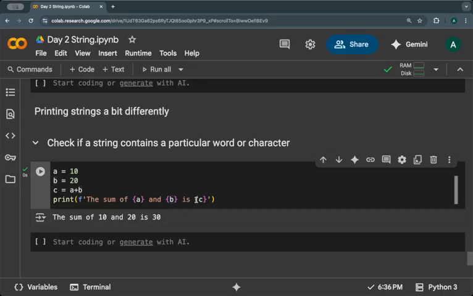So whenever you want textual data along with your variable in your print statement, try to use this F string, right? And the variables which you want to add in your print statement should be in curly braces, like that, right? So yes, this is all about your F string, and that's all about strings as well. So we have completed this day 2 related to string, and the next class will be related to list, and that will be